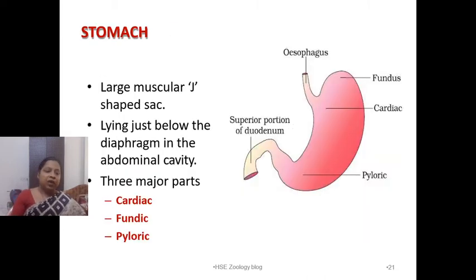okay। Next talk about the stomach। Stomach, it is a J-shaped organ, right, as you can see in the diagram, fine। It lies just below the diaphragm, है ना। Esophagus जैसे ही diaphragm क्रॉस करता है तो it opens into the stomach, right। Now stomach has three parts, fundus, cardiac and pyloric, right। Stomach के तीन parts होते हैं, fundus, cardiac and pyloric। Fundus is the upper part, fine, above the level of the joining of esophagus to stomach, right।